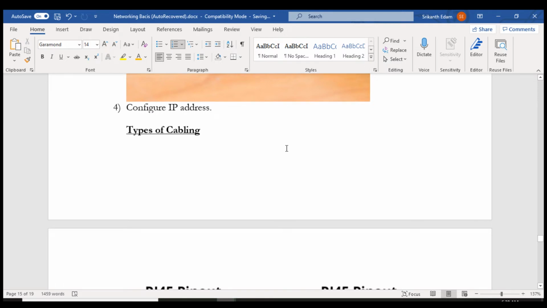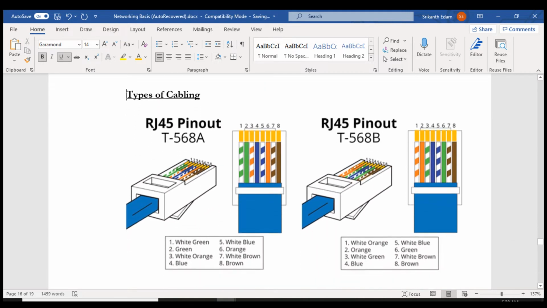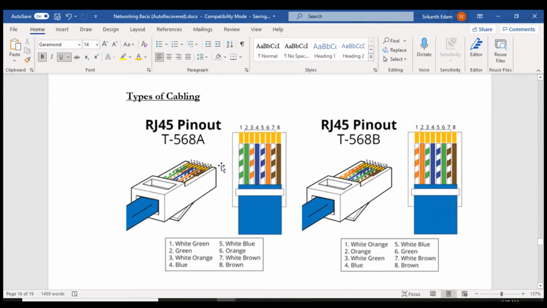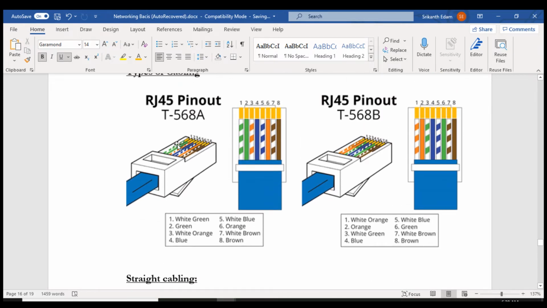So what types of cabling do we need? Here we have two types of cabling. One is straight cabling, one is called cross cabling. If you observe the cables inside this Cat 5 or Cat 6 cable, we will have 8 different wires inside it.